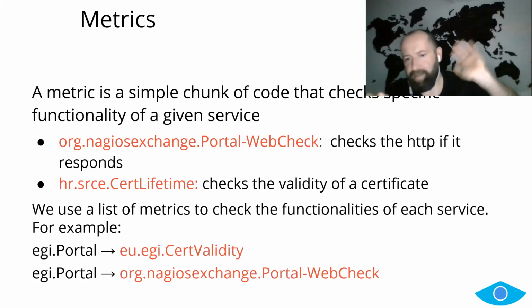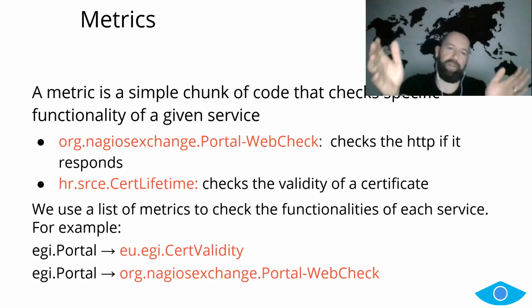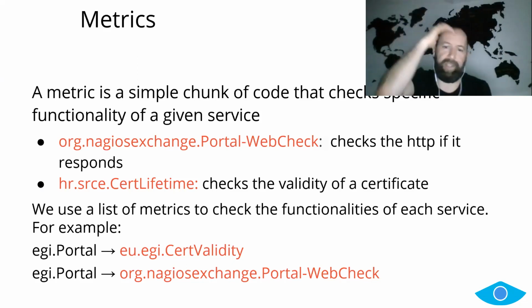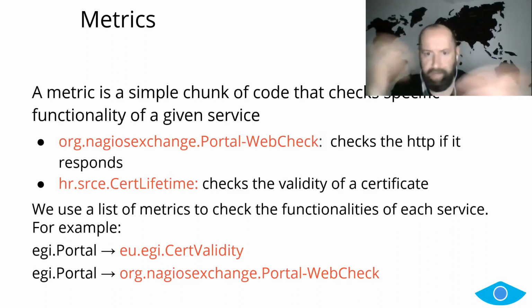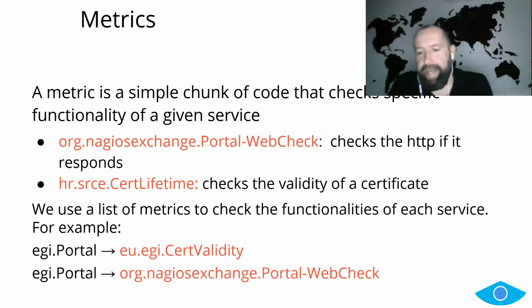And the second one could be to check if HTTPS gives me a valid certificate, valid in the sense that it's present in a standard bundle or whatever bundle we define, and that it's still valid, of course, and that it's not in a CRL and so on. So these are the examples. A single probe can provide multiple metrics or can have one metric. It's really up to whoever provided the probe.